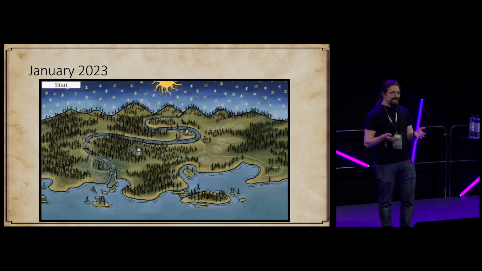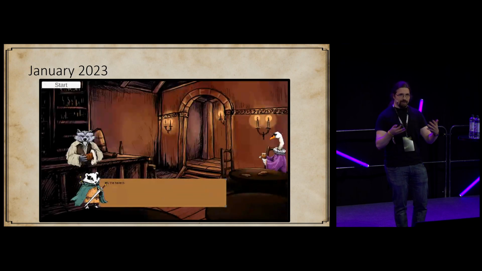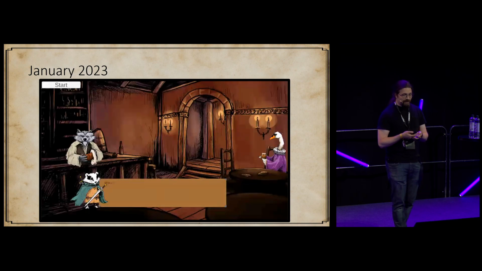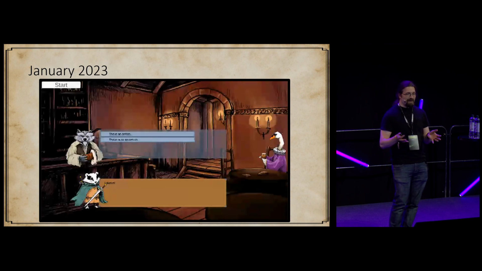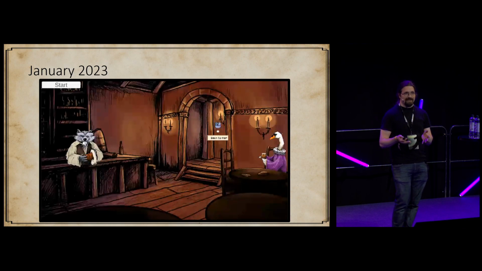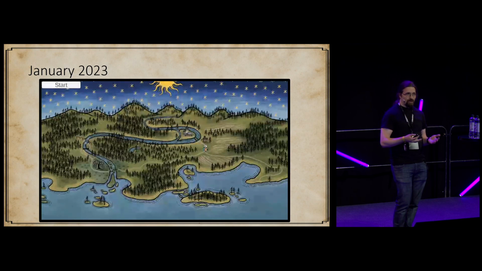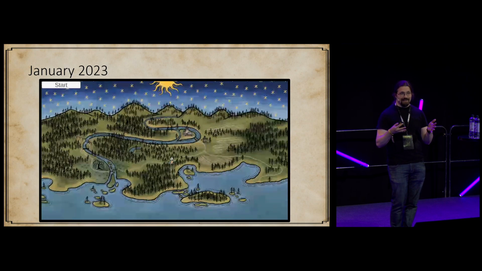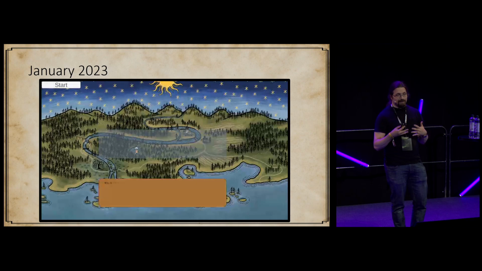And while doing that, I want to discuss at least one particular thing that is problematic in this game, just as an illustrative example. So this is in January 2023 when we started the development of the game. We had some very basic graphics, and the first thing that we did, we wanted to make an action RPG that also had a story in it. But when we started, there was no action RPG part, there was only the story part. So the game started with me developing the story bits, basically.